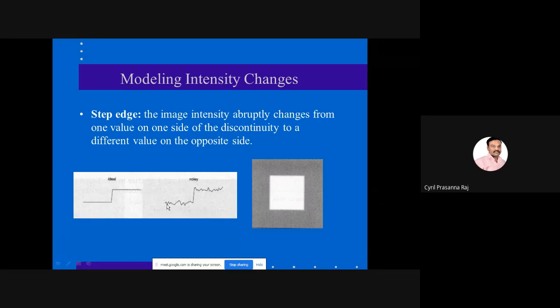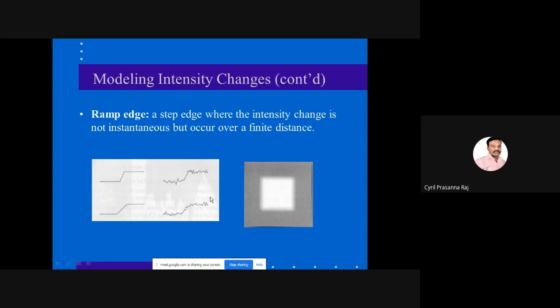Now there will be a lot of changes in the gray scale of this image. It may not be exactly 0, it may not be exactly 1. So it can keep varying from 0, 1, 2, 3, 4, 5. Now it could also go to 10, 20, and so on. But when it comes to 255, it may not be 255, it could be 244, 256 and so on. Maximum will be 255. So this will constitute noise. So we call this a step edge.